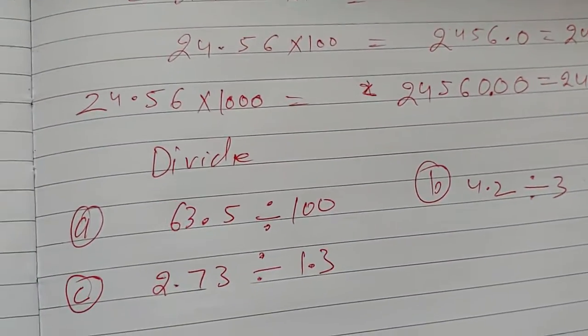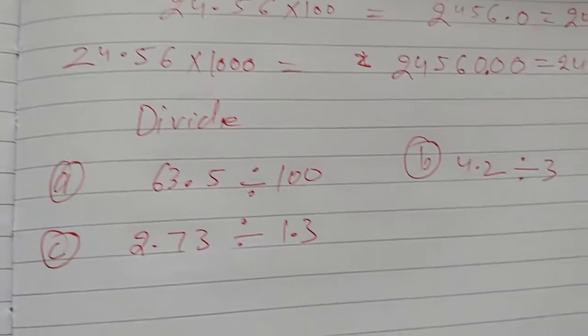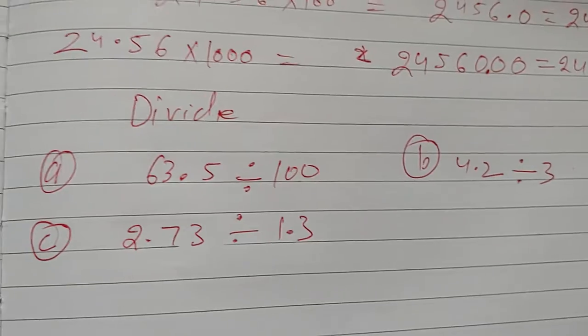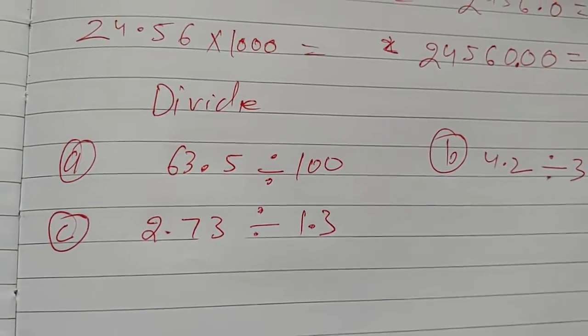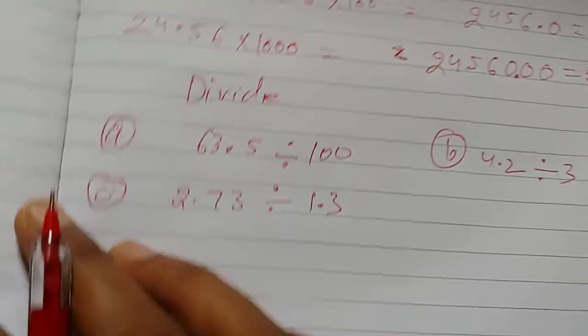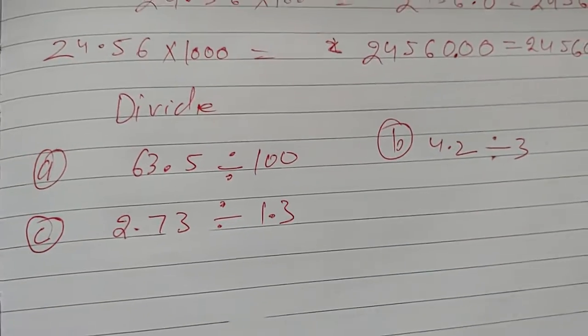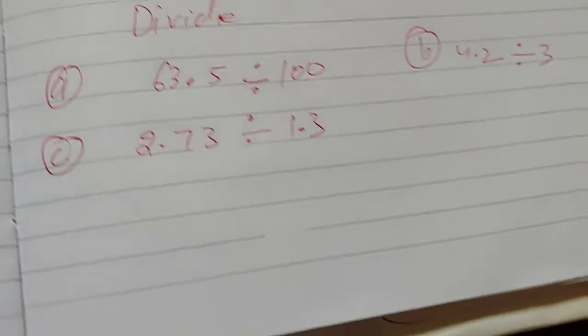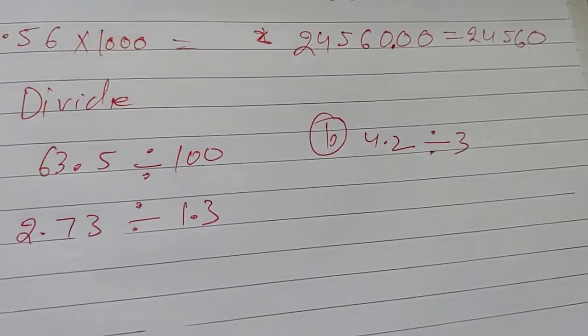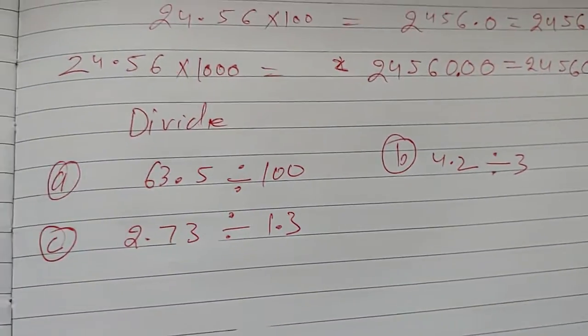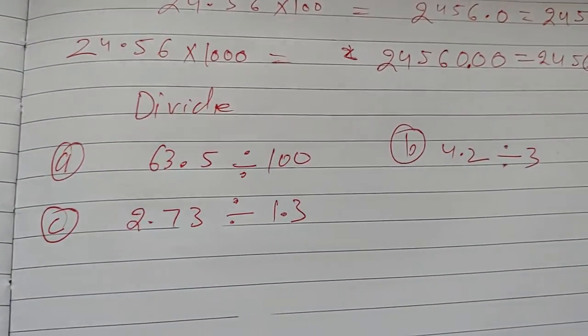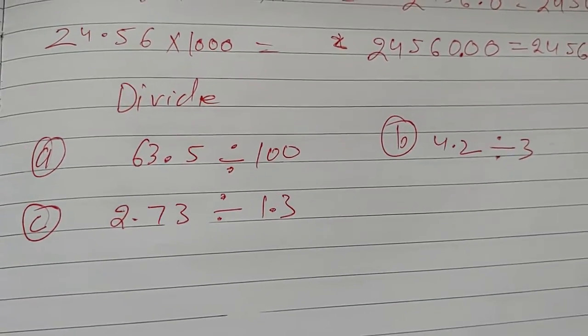Students, in this discussion, we will study how to divide a decimal number with a decimal number or with a whole number. First we will take an example when a decimal number is divided with a whole number. Two processes are there for both cases: one is the cancellation method and another is the traditional method.